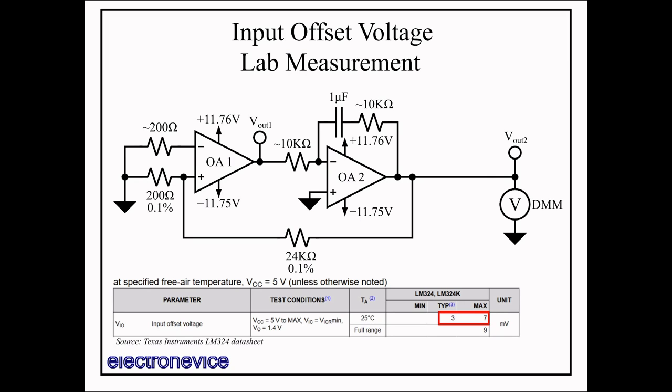Today, I'm still going to measure the offset with plus and minus 12-volt rails, and at input and output around 0 volts. The offset will be a little different, but it's more instructive as this is the more common way of measuring input offset voltage for modern op-amps. Now let's move over to the lab.